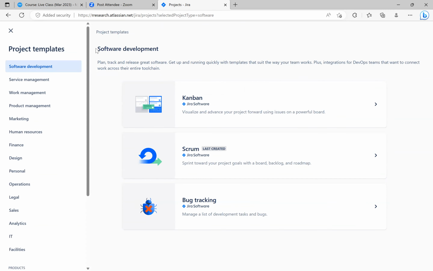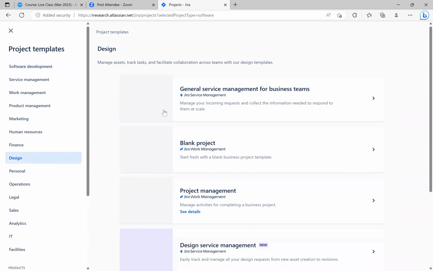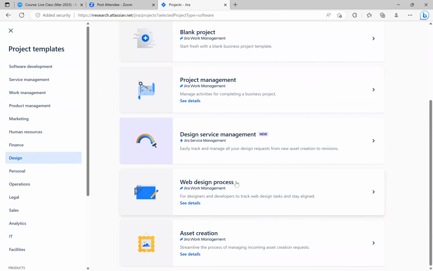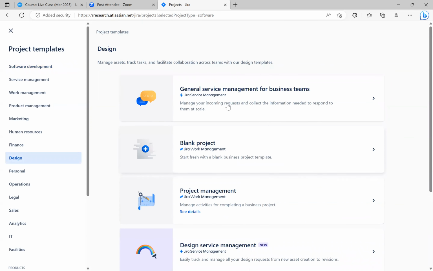So it's giving me, as you can see, software development, right? That's the focus. So it's giving me project templates for a software development project. If I wanted product management, marketing, human resources, I'm sure the templates will be different. Design projects, the templates will be different, right? So this is design, for example. So it's giving me, do I want to do web design process, asset management, asset creation, blank project, general service